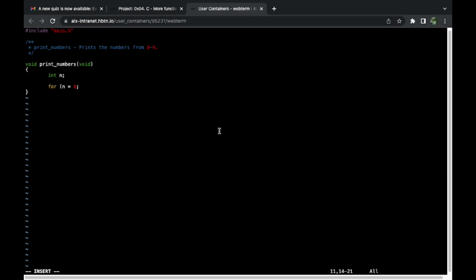For n equal to 0 and n less or equal to 9, right? Less or equal to 9, just increment it, because we're printing numbers from 0 to 9. So if our variable n is 9, then just continue incrementing it. Someone can use a while loop here. It can work as well. It's just a simple